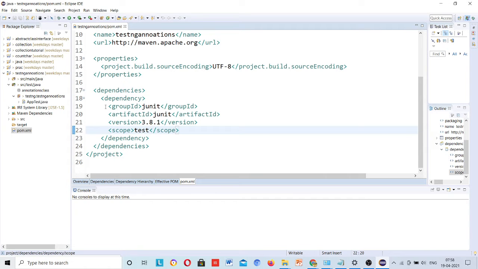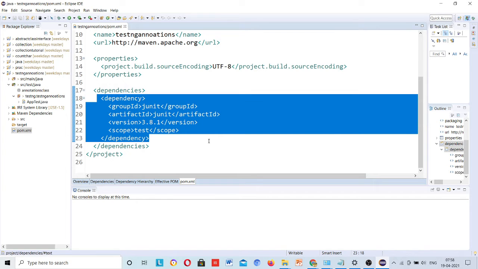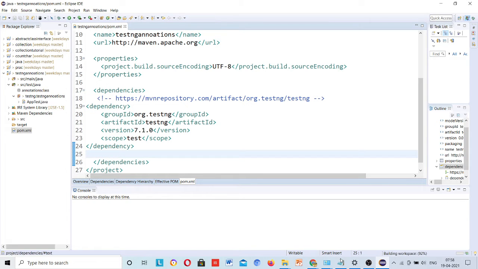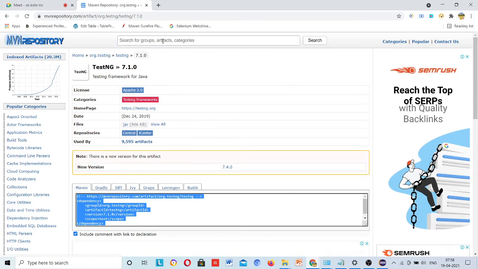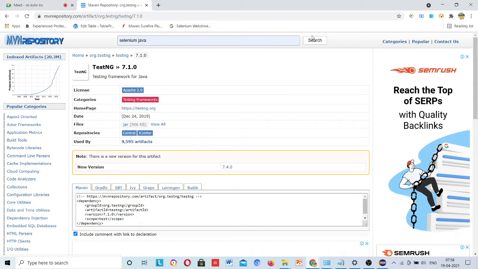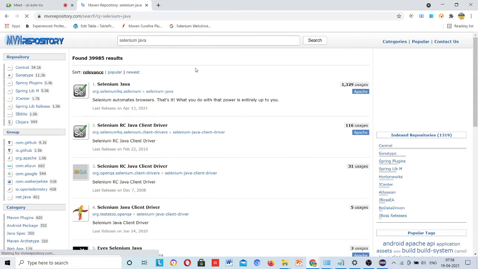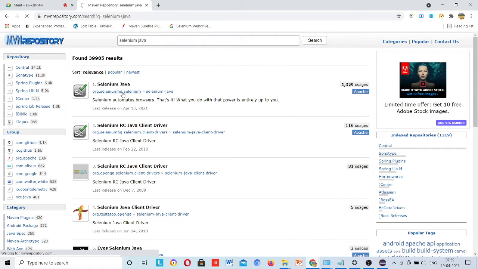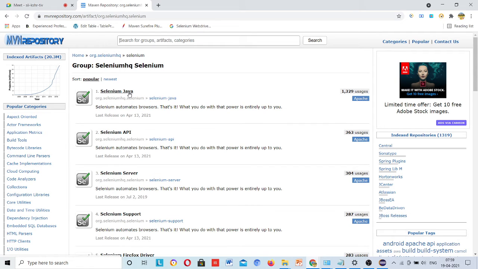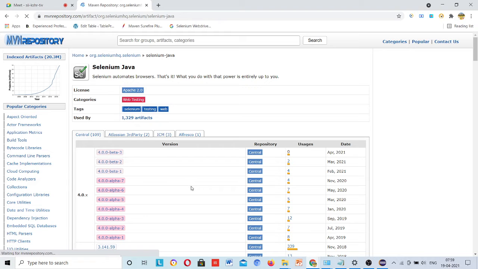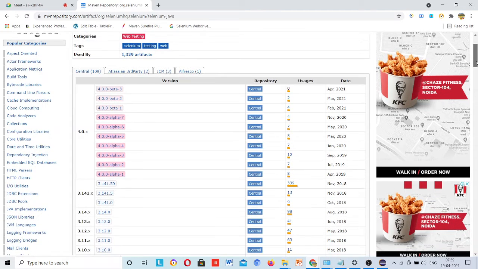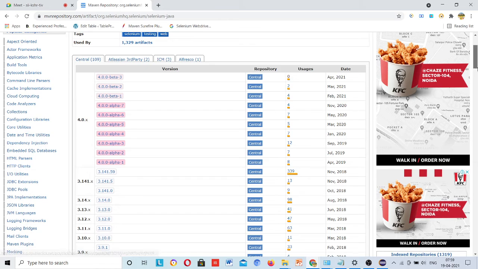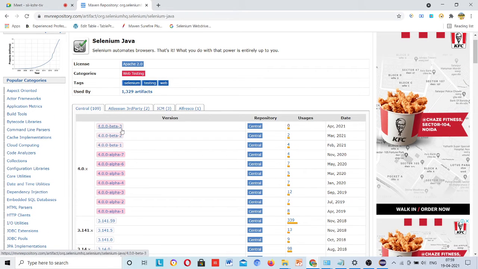I will click on this, copy it, and paste it here for TestNG. Similarly, I will search for the Selenium Java dependency and click on Selenium Java. Most people are using Selenium 4.0 nowadays, but you can see clearly written beta versions, so this is not suggested.